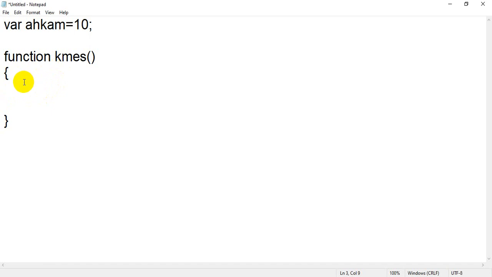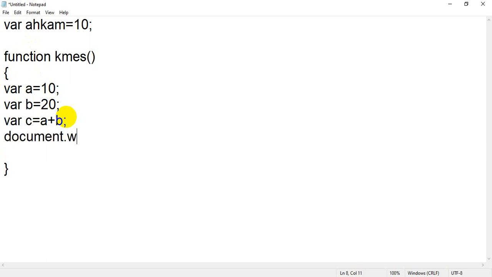The things which you have written inside that function, for example, I have declared var a equals 10, then I have written var b equals 20, and I have written var c equals a plus b.